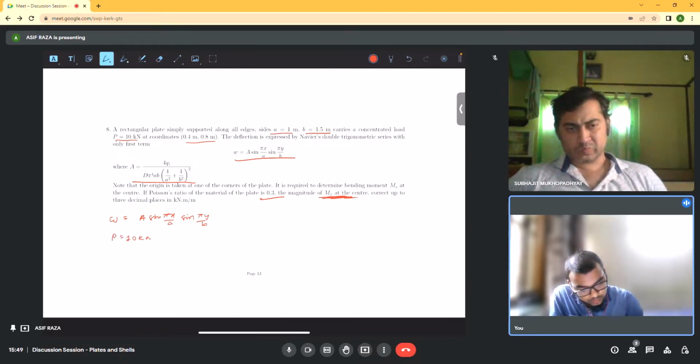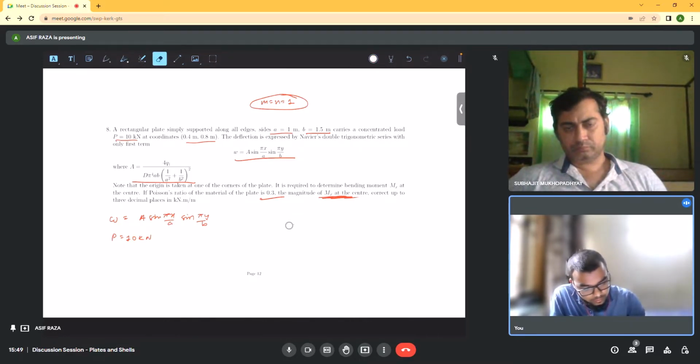As I showed you earlier, we have to take only the first term. So again we'll take m equal to n equal to 1. So q11 will be equal to, first qmn